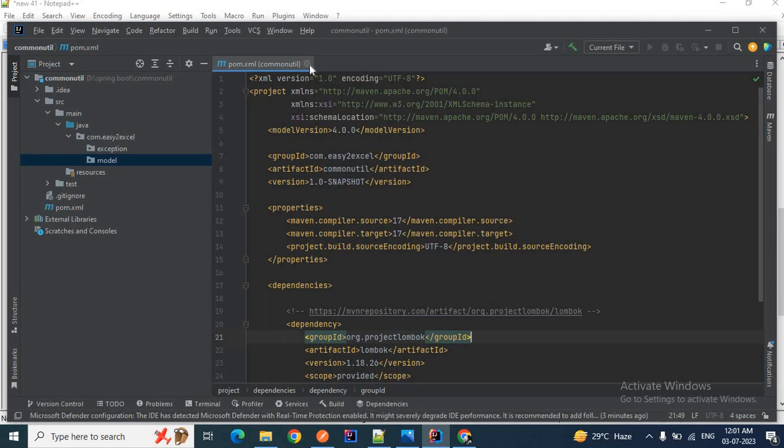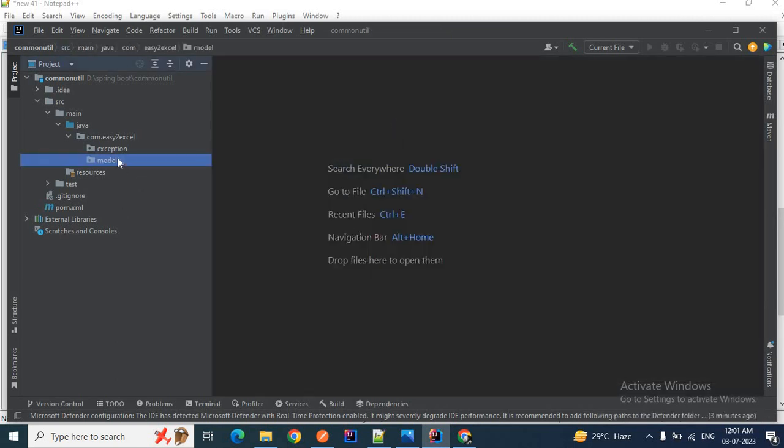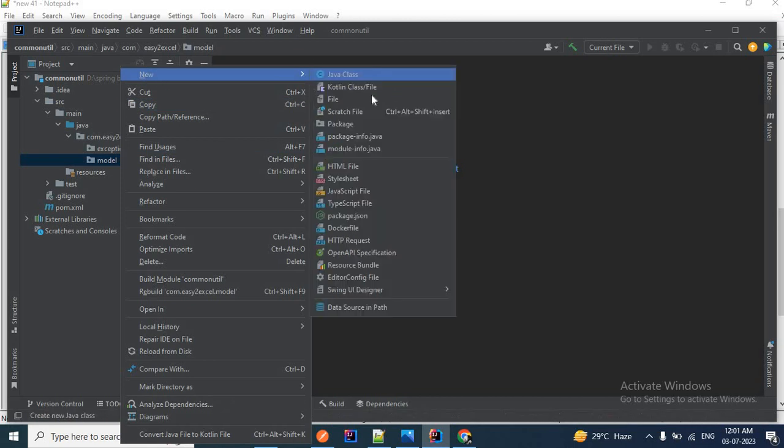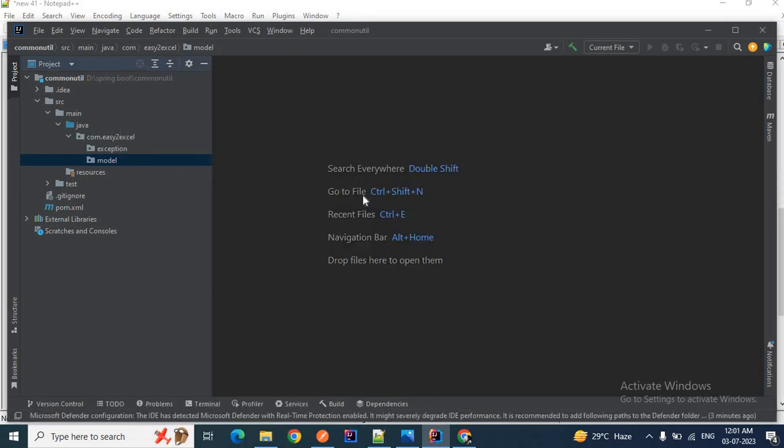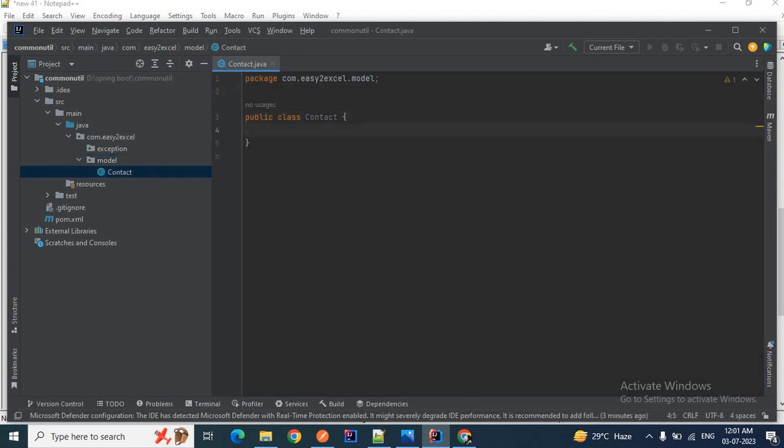Let me quickly close this pom.xml and I'll add a model class, new class. I'll add Contact. Let me add some properties to this Contact. Let's say private Long id, then private String name, and private String email.